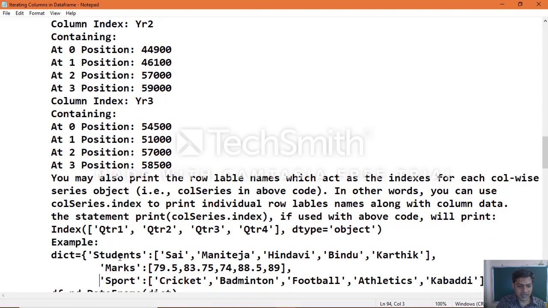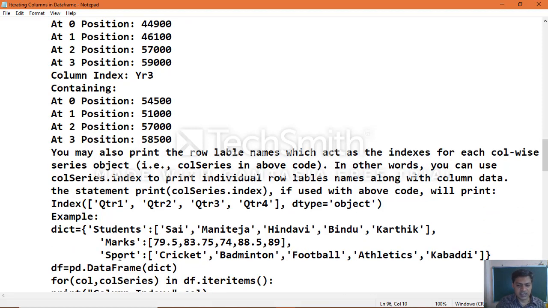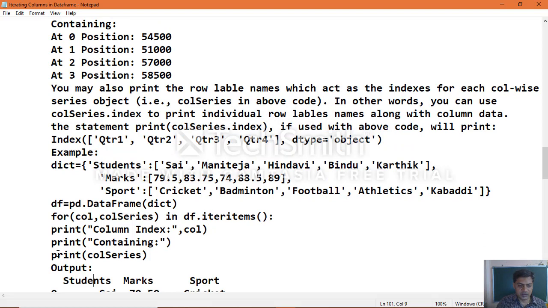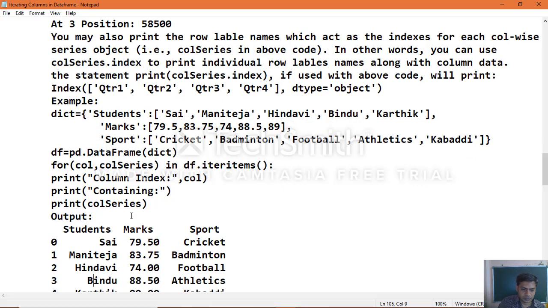Now take another example. To understand the same concept, create the dictionary for student details like student names, marks, and sport which they play, and create the data frame object. Then use the loop to iterate over that data frame to extract column wise data. Let's see the example output.